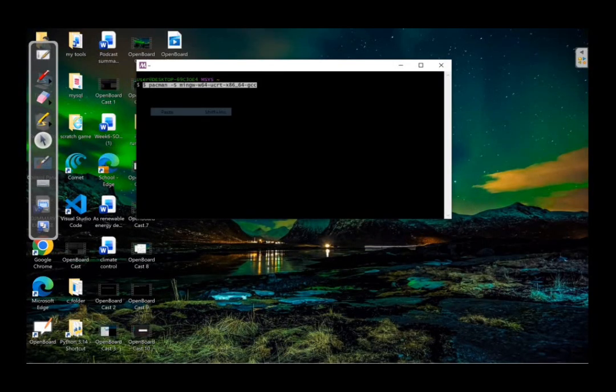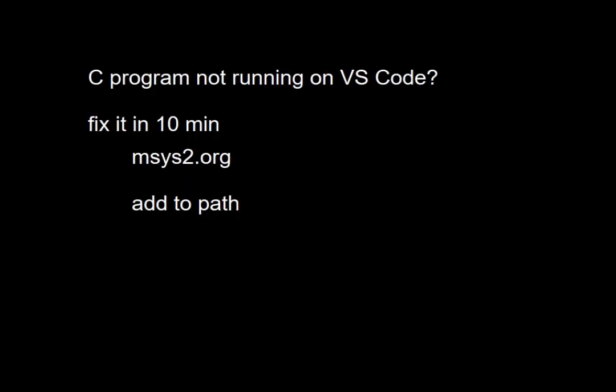paste the command here. But you need to edit this, because otherwise it's not going to work. Then you press enter, and after that it's going to install. Make sure you have an internet connection, and it's going to install your GCC. And if that does not work, try again. Just copy the same code and paste it there again. It's going to start from where it stopped,